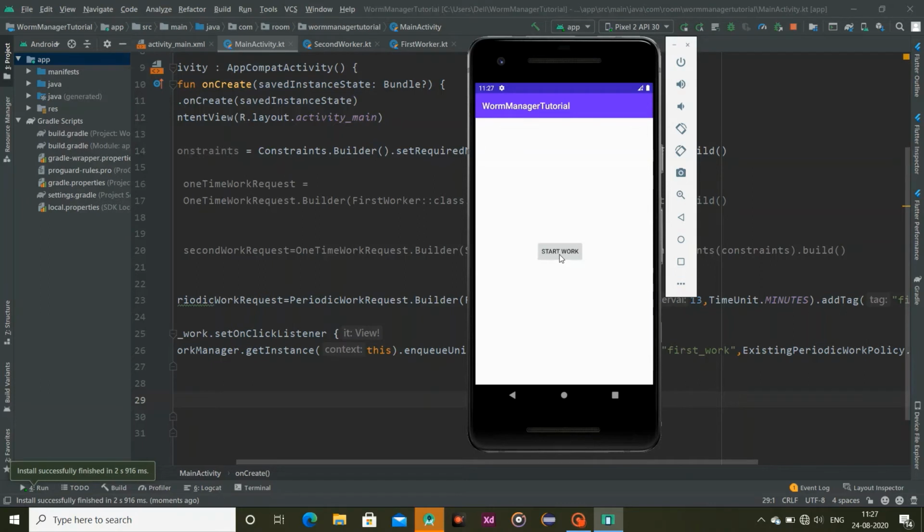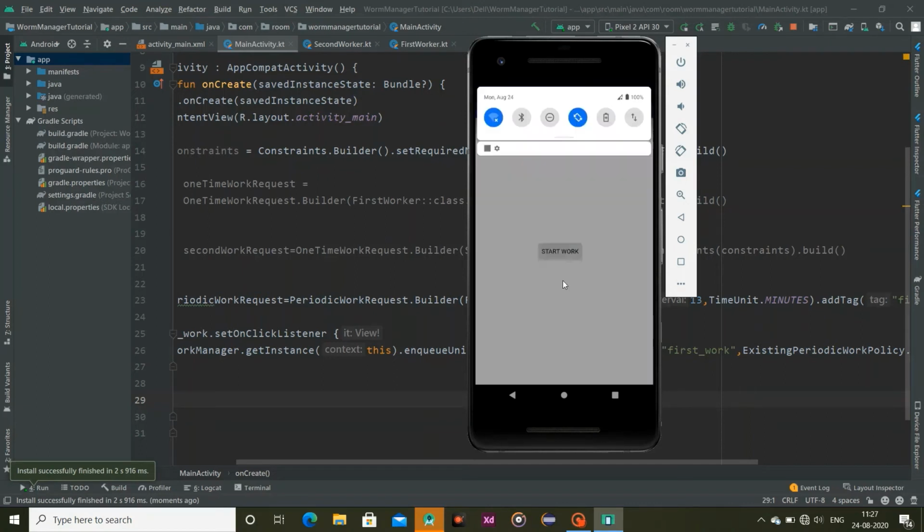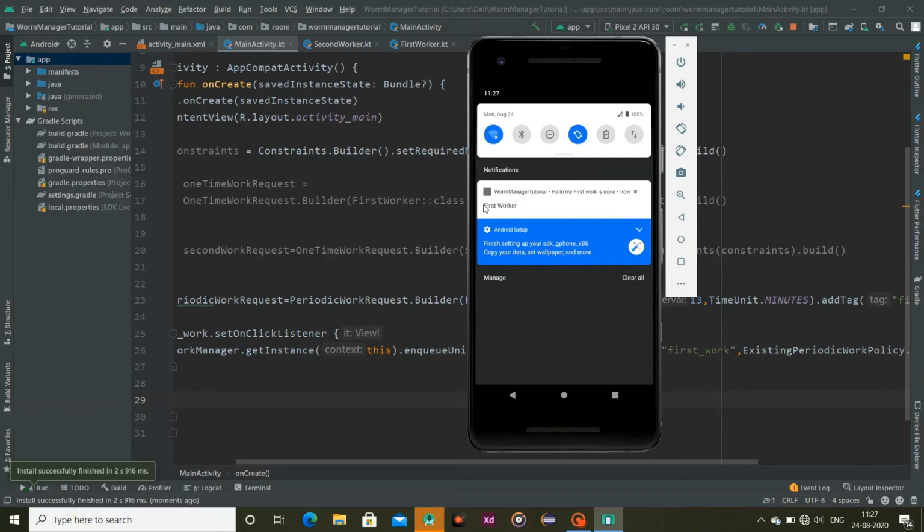Now our application will run, and I'm going to click start work. You can see after some time it will complete its work. Now I'm going to wait 15 minutes, so I will meet you after 14 minutes, and we can see whether this is running again or not.